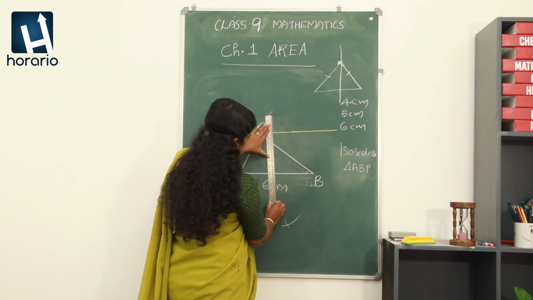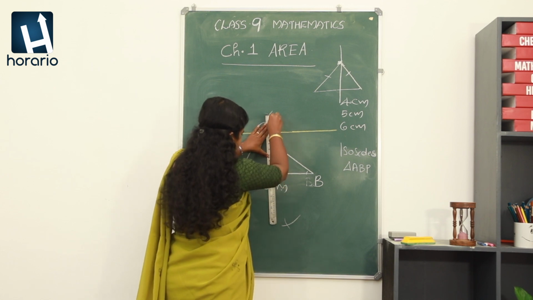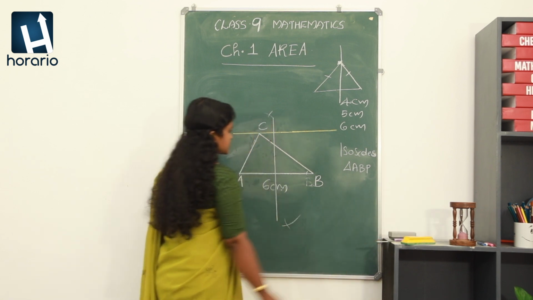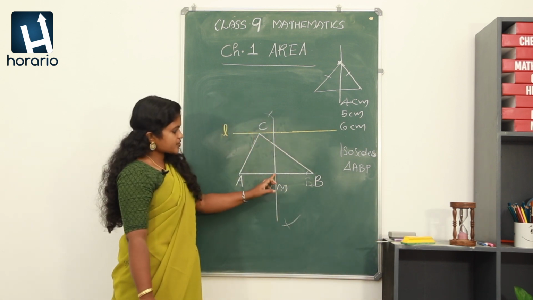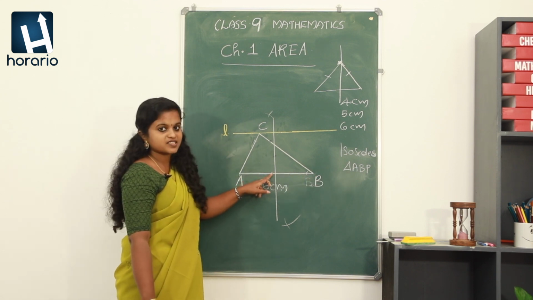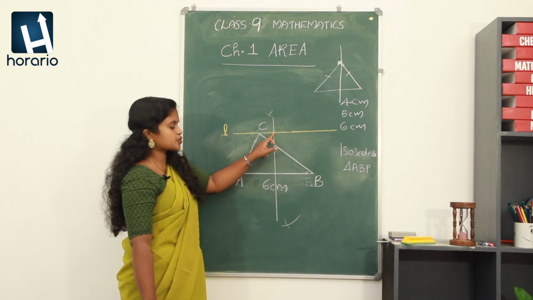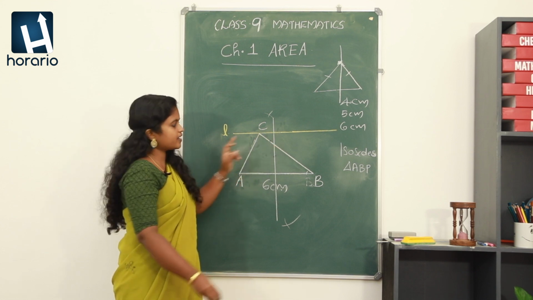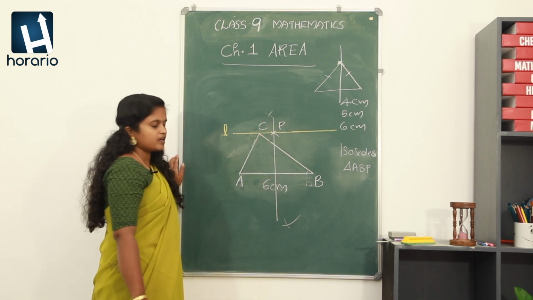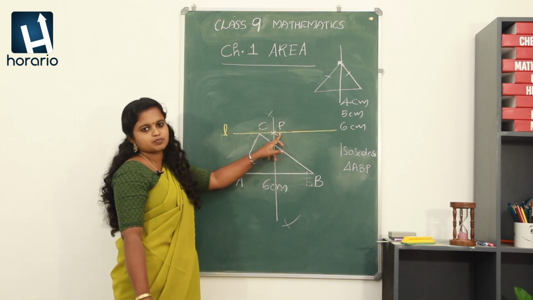Suppose this is the perpendicular bisector of the line AB. Okay, this is the perpendicular bisector, suppose. Now for the triangle ABP, we can choose which point as P. Obviously this should be taken as P. Clear? So let me mark this point as P. The point of intersection can be taken as P.